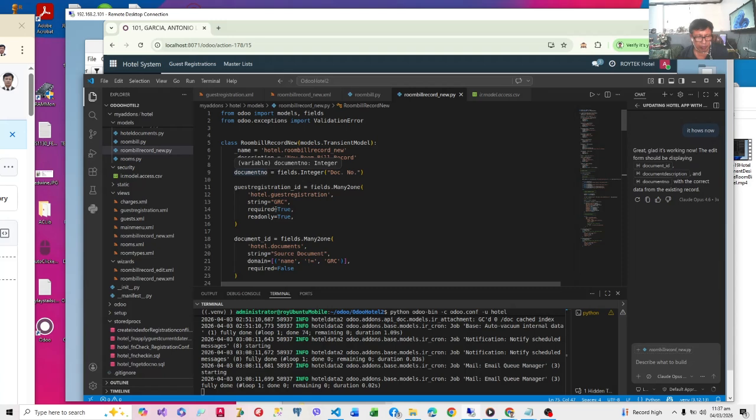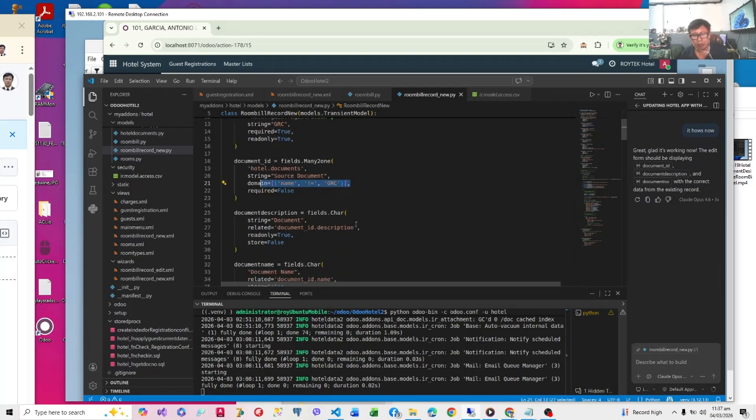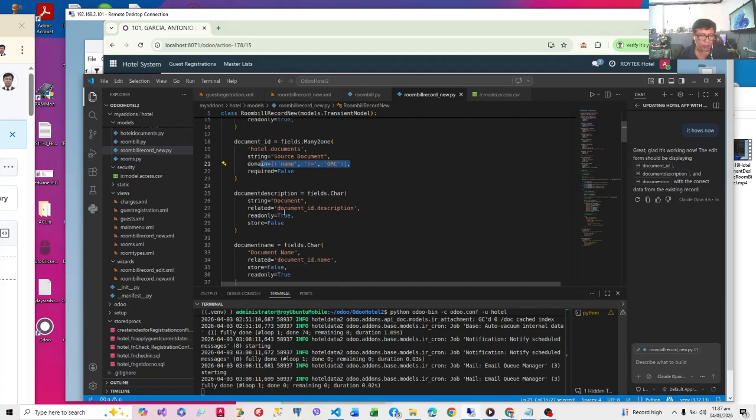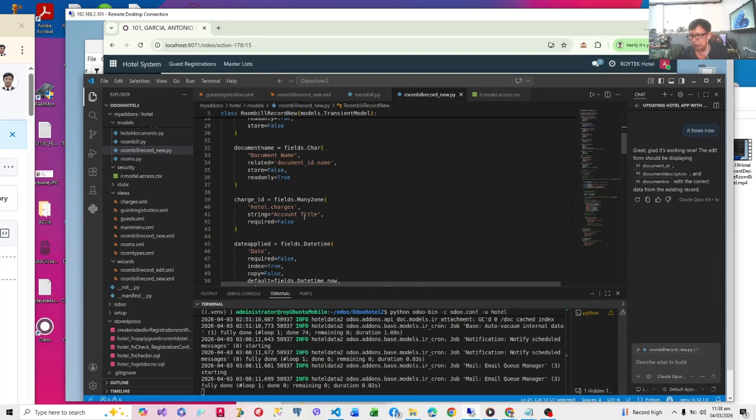If you look at this, this is the roombill new record, which is a close replica. It has a document number, a guest registration ID, and a document ID. I have filtered out GRC by the way. We will not include it here anymore because that's only added during creation of guest registrations. Then the description of the document, the document name, whether it's a room charge, payment receipt, and so on. The charge ID, the different ID charges and payments.